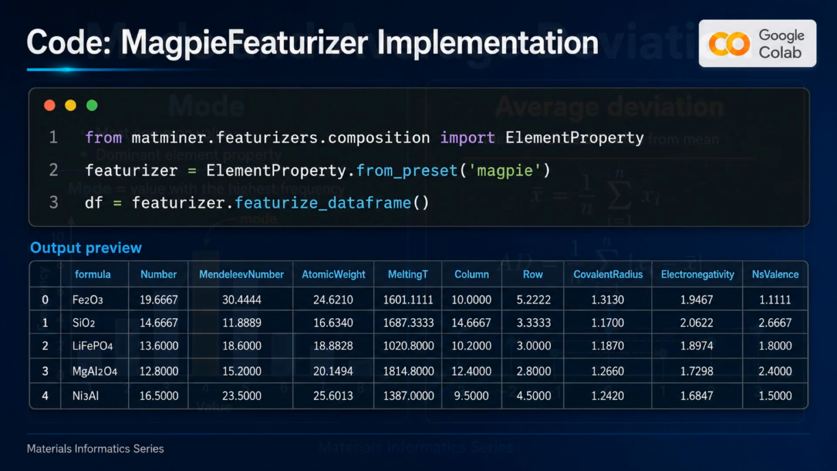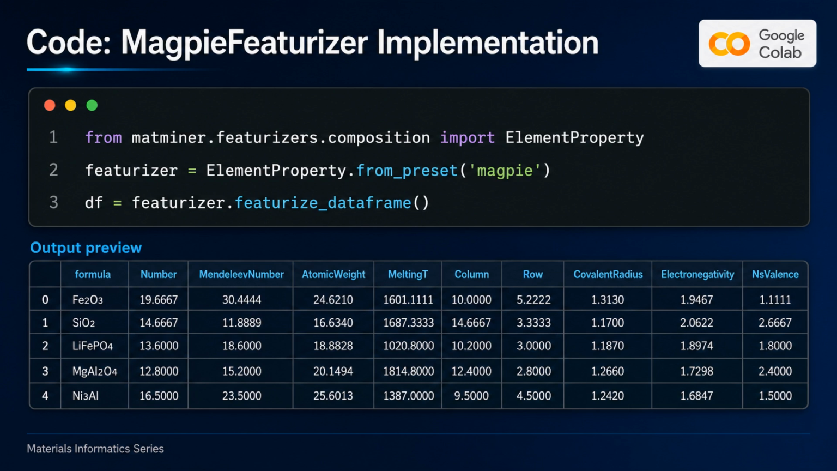Implementing MAGPIE features is straightforward with Matminer. Import ElementProperty from matminer.featurizers.composition. Create a featurizer using ElementProperty.from_preset with Magpie as the preset. Apply it to your data frame using featurize_dataframe, specifying the column containing composition strings. The output data frame will have many new columns, one for each Magpie feature, with names like MagpieData mean